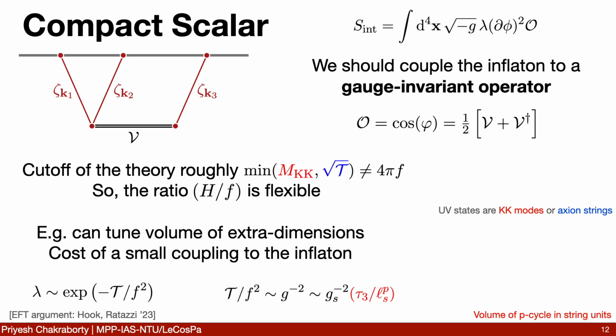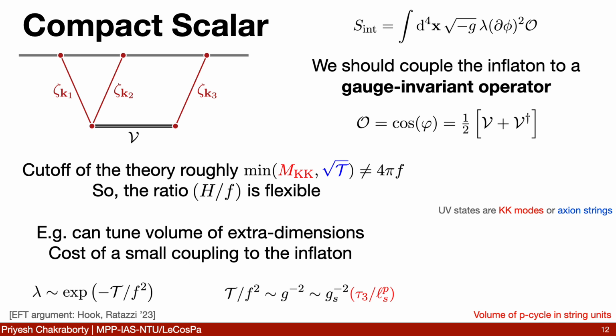So I will couple it to the inflaton using some vanilla interaction, because this is a toy example. Now, as a specific operator, I will just pick a cosine, which is the sum of these vertex operators. And okay, before talking about anything else, I should specify the cutoff. We have to talk about the cutoff of the theory. So you might naively think that the cutoff is set by f, but it's actually not quite true.